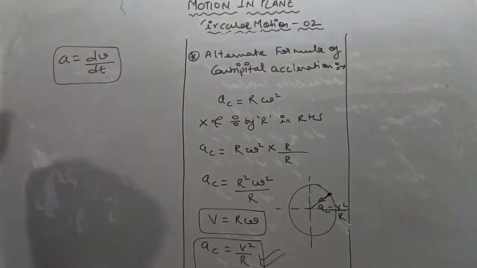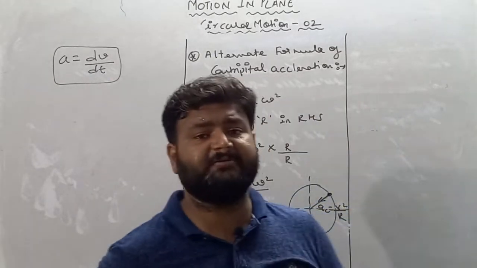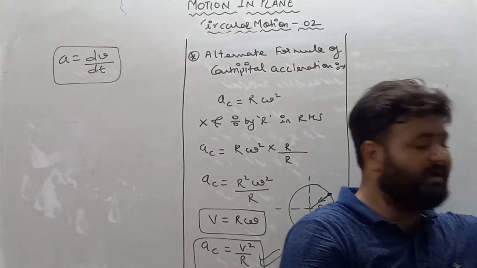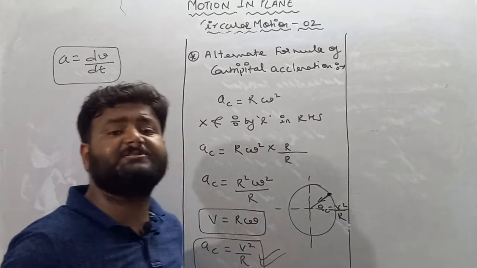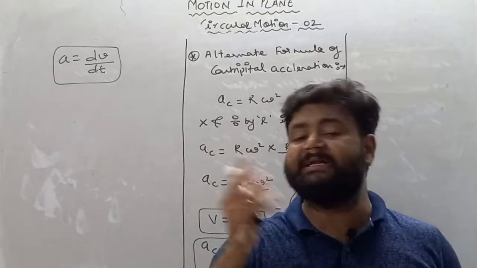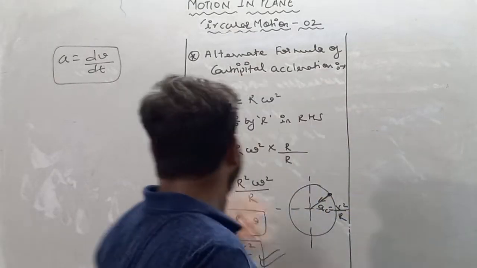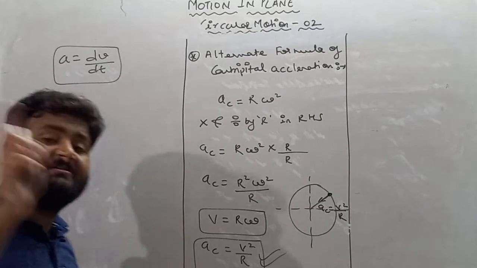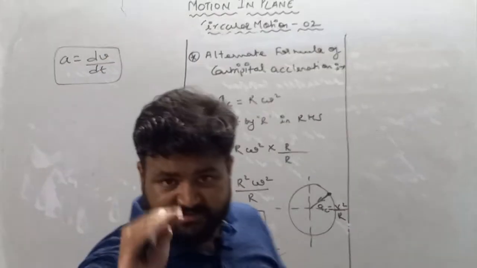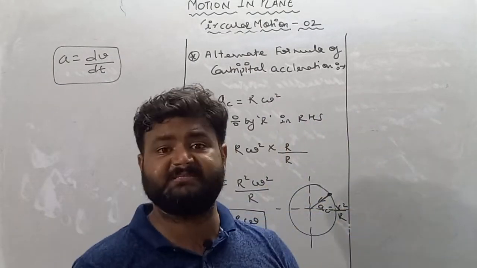So my dear student, as we see, when the particle is in circular motion, the particle achieves two different accelerations. One is towards center and one is towards tangent. Both accelerations work very differently and you have to understand their work, my dear student. Remember one thing, acceleration comes when velocity changes, because acceleration is nothing but change in velocity with respect to time, dv by dt.